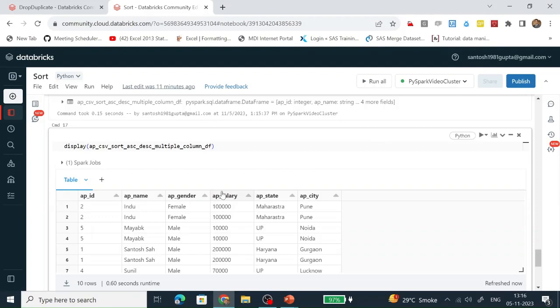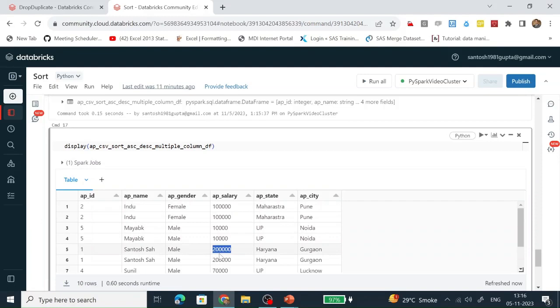So salary is a numerical column, integer data type. So in descending order, first highest, then lowest. Same is happening here.